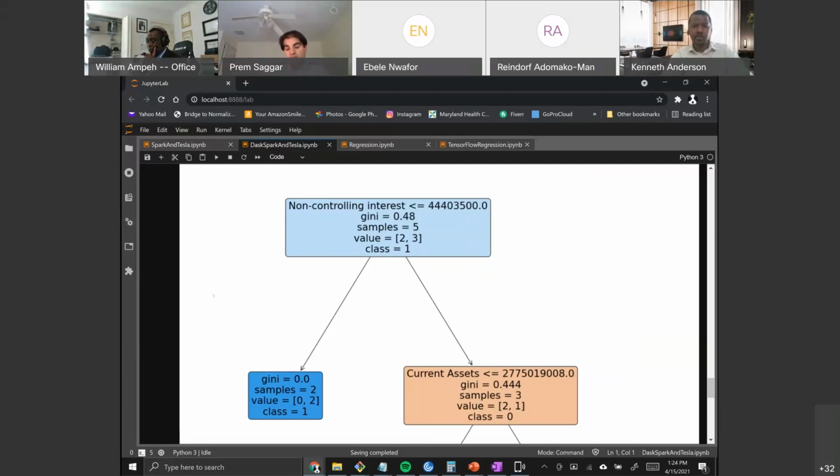So what they're telling you up here is, at this moment, the Gini of non-controlling interest is only 0.48, right? So it is not a perfect predictor. In fact, it's nearly 50%. It's slightly better than 50% accurate in its prediction, right? But